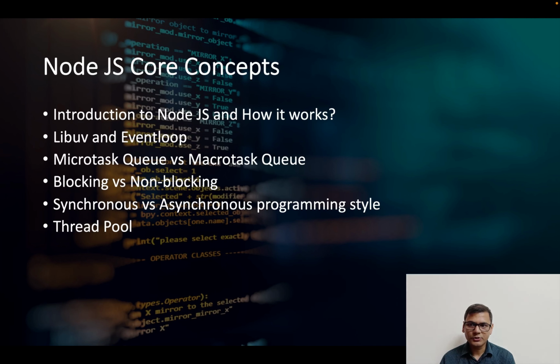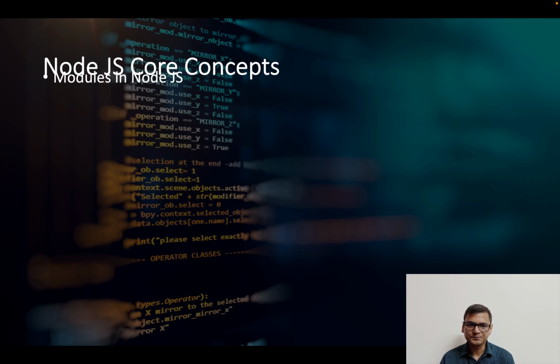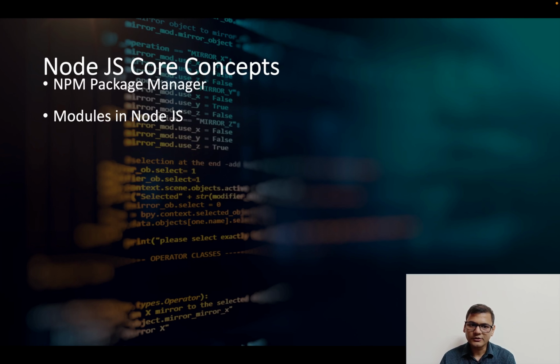After that we'll discuss thread pools, the thread pool size, and the worker thread modules. We'll understand how many threads are actually available in Node.js, like the main thread and the other threads, where they are, and how we can increase the thread pool size. After that we'll talk about the network input/output mechanism. Then we'll discuss the modules in Node.js, covering different kinds of modules like the fs module, and